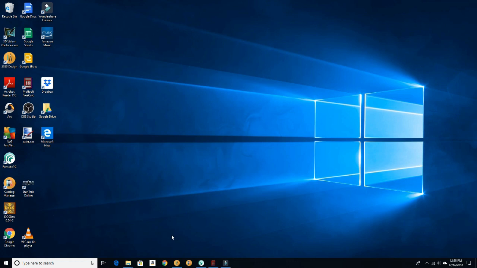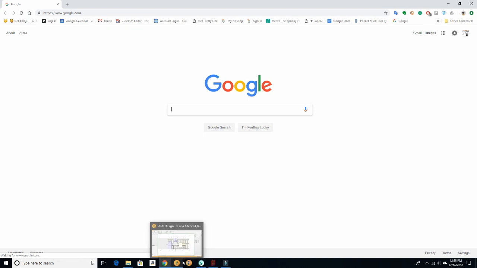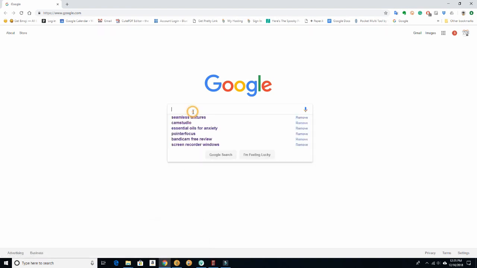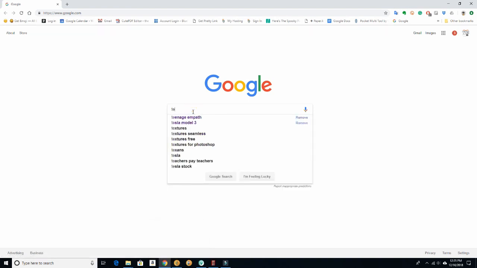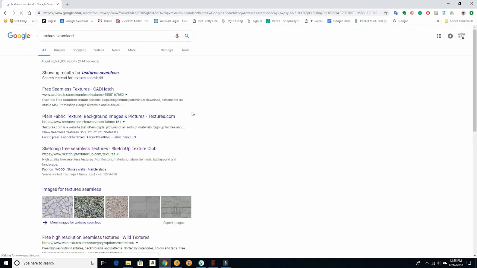Let's do some tile backsplashes, shall we? We'll go to the internet and we'll search "textures seamless." Oops, I typed that wrong, but that's okay, it still came up. So the one that I use the most, seems to have the most consistent quality and seamless textures, is the